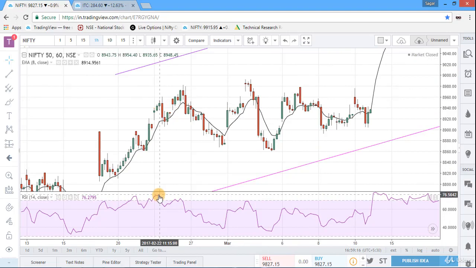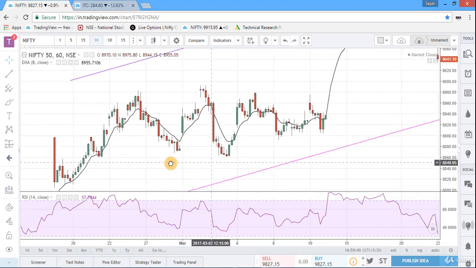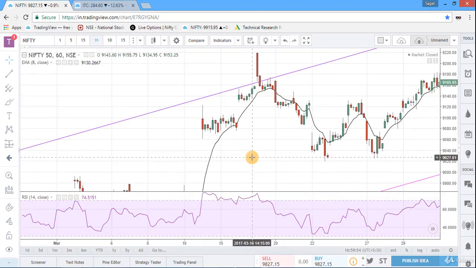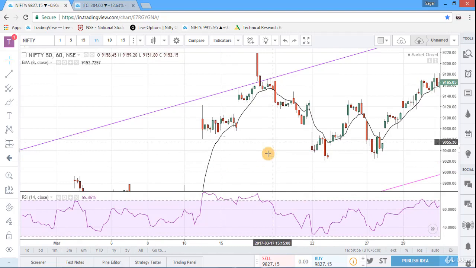Now see, this was the peak of RSI and from this point to this peak, prices are rising up. But RSI gives us a negative signal. RSI is going downward. You can see this and this. So we get a signal here that prices now will move down. We can exit here. Again, this is a very good example of a divergence. This is a negative divergence.